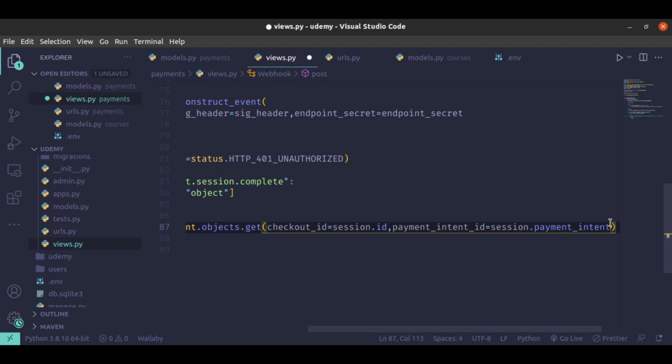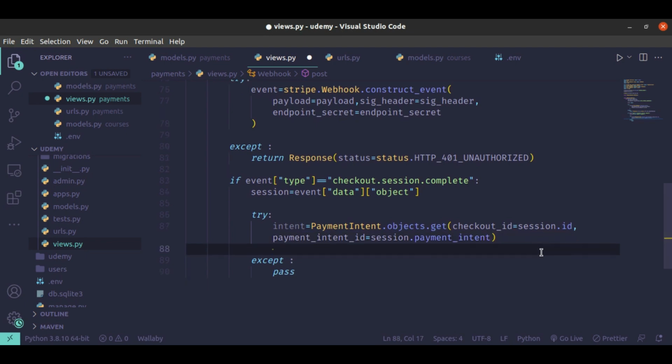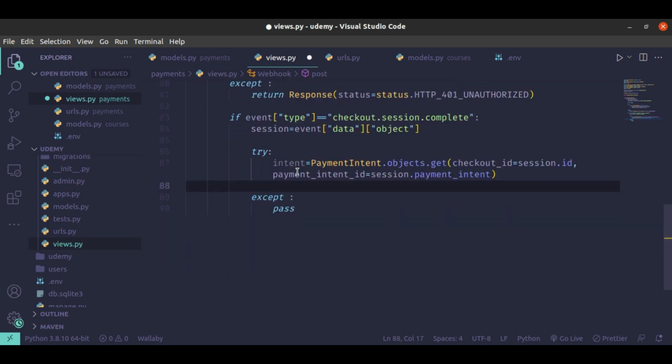Okay, I think that is it. So let me Control Z, Control Enter. All right, now if you have the intent, the next thing that we want to do is